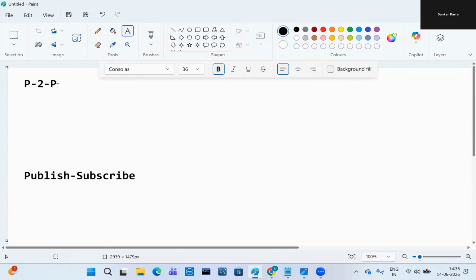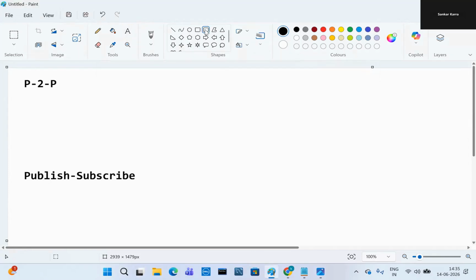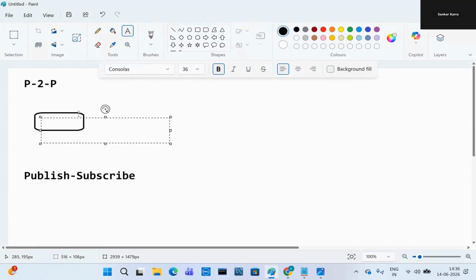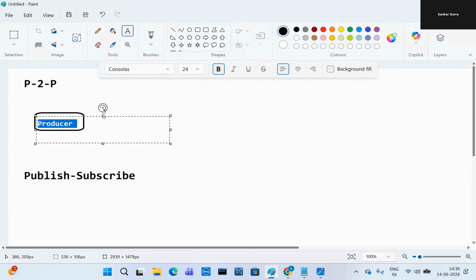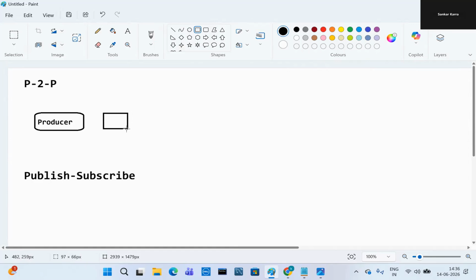Suppose I draw a diagram and then explain it. Suppose this is a producer. What will the producer do? The producer will send messages.